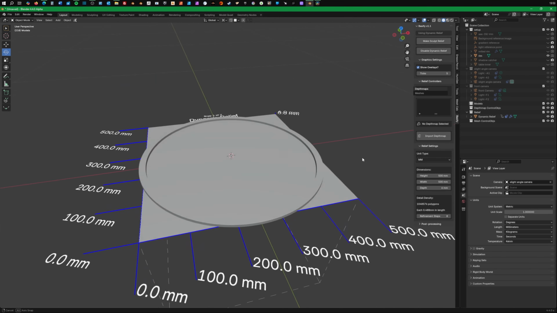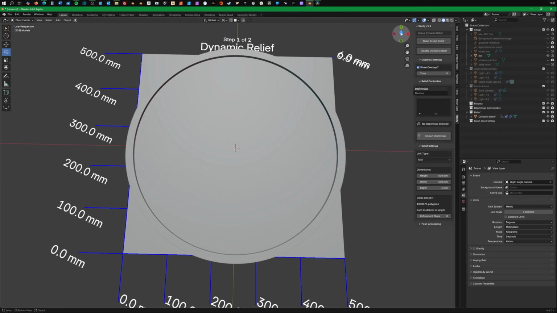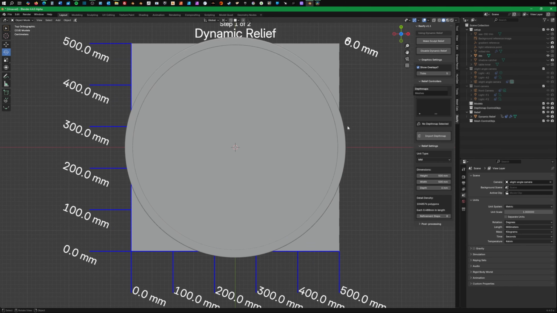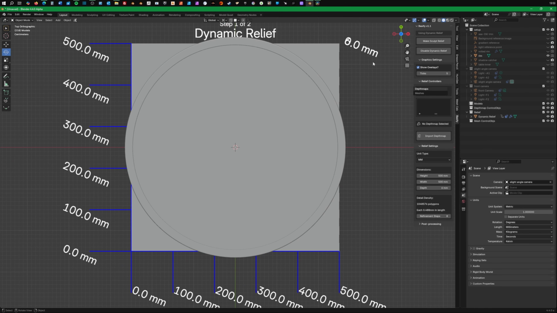So this is a Blender add-on called Basify. I'm in Blender 4.4 alpha, so apologies if it crashes because it's a new build, but it's got the new sculpting setup. They've just remade the sculpting setup in Blender, and all the tools are new, and it does some great stuff. So I'm having a play with that.